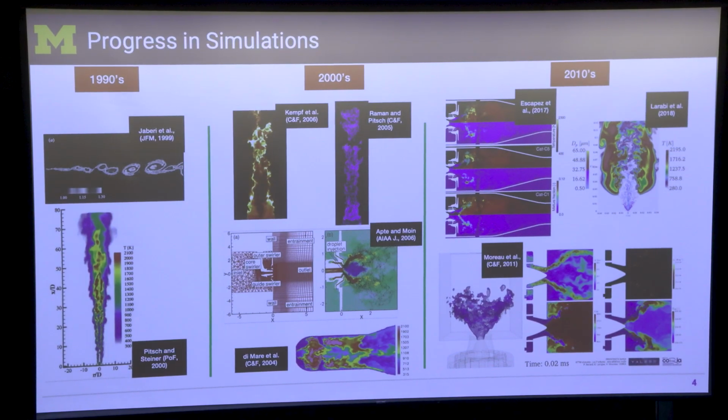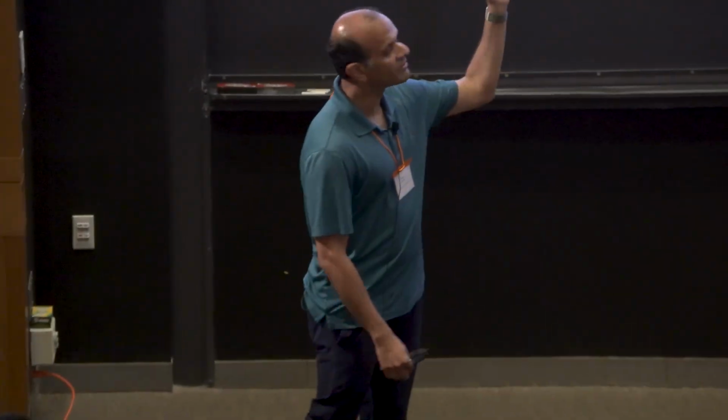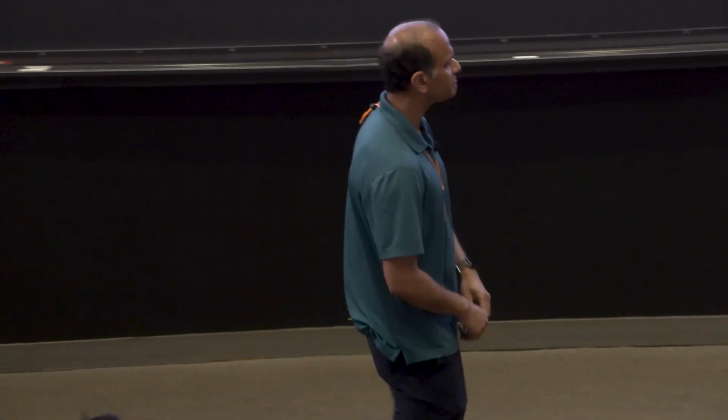But going to the next decade, you can see that things are becoming more photorealistic. They're as close to reality as you can imagine. And if you were to make measurements, they will look roughly the same. Okay? So you won't be able to qualitatively distinguish between the simulations and the experiments. But quantitatively, there's a big difference. And that bridge we have not been able to cross in the 15 years since these images were made. So this is the fundamental issue.